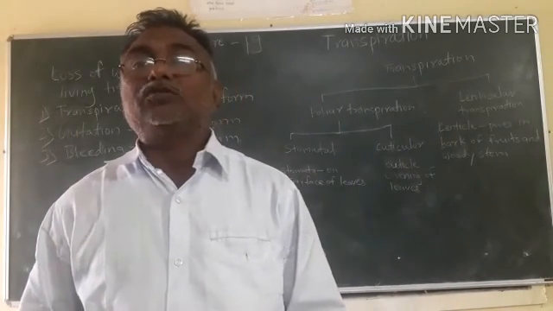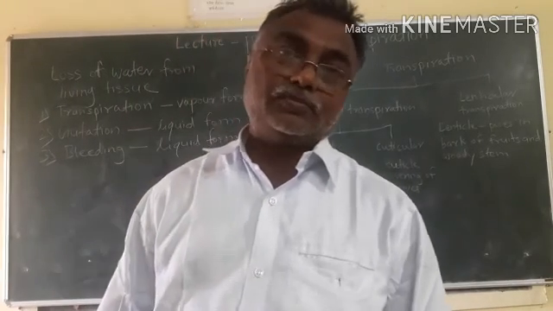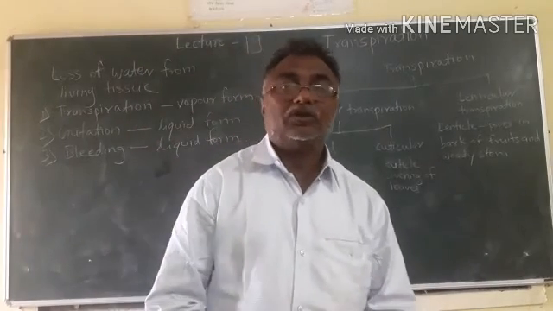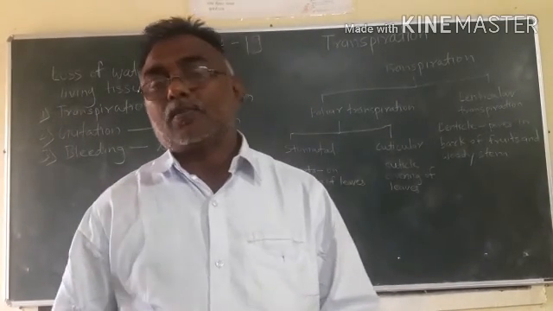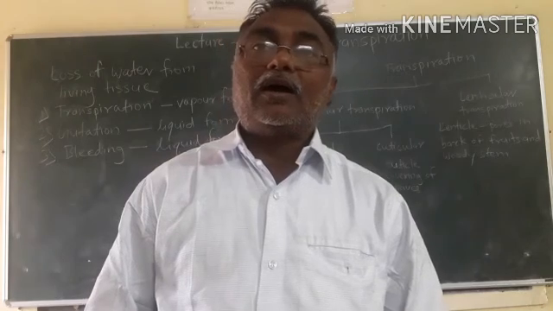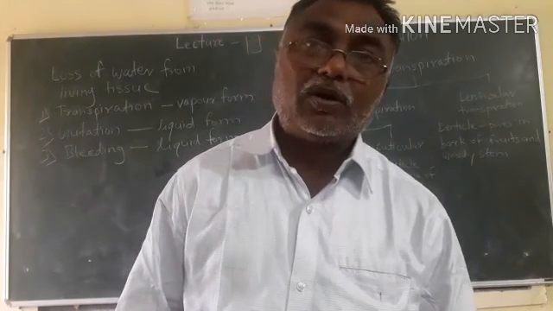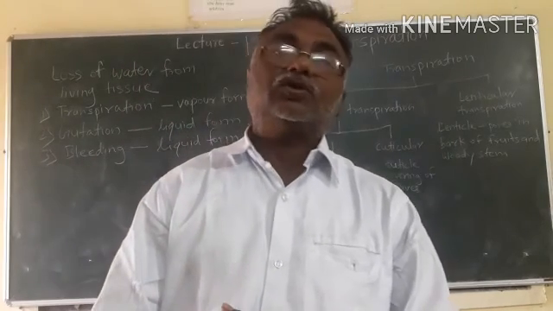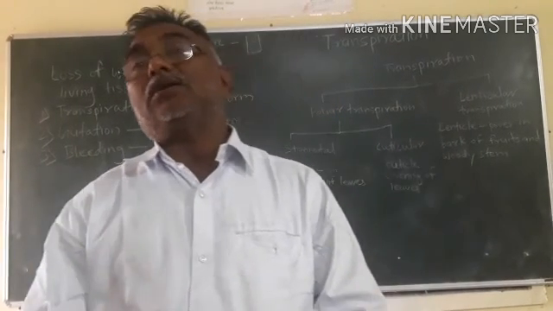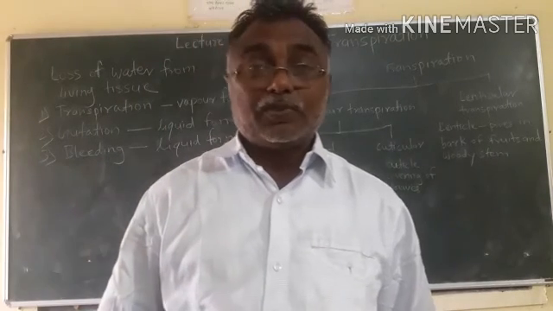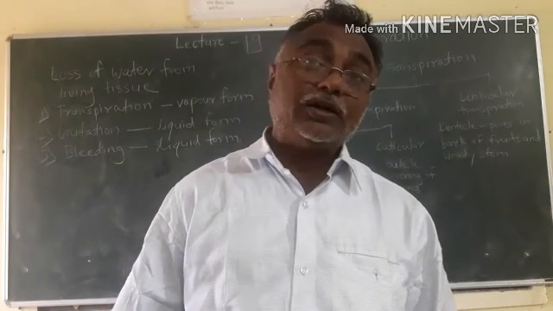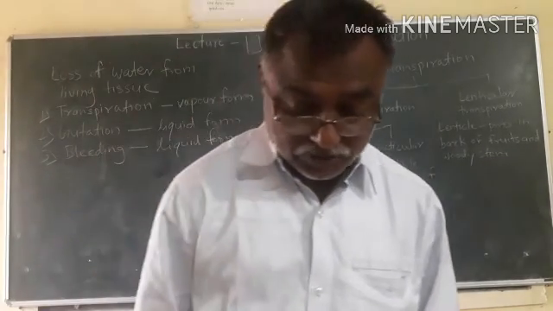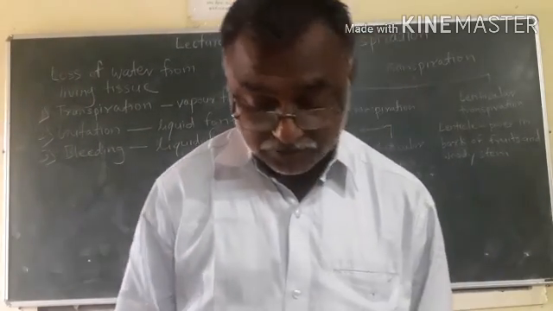Then fifth is potamogetone type. In these plants, stomata are not well developed or they are absent. They are functionless. So these plants are submerged plants, means plants which grow underwater, and they are called potamogetone types. No stomata are present.